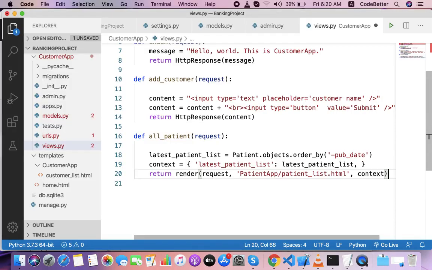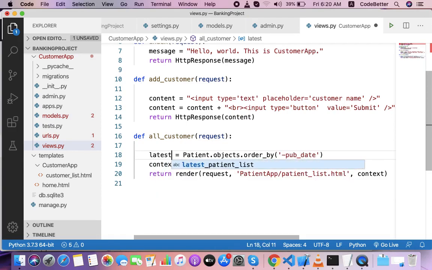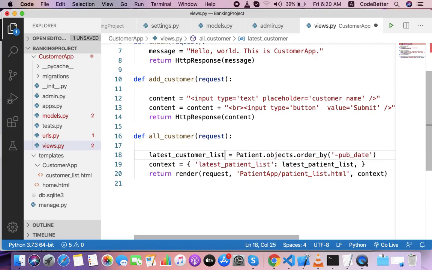Here I define a function, all customer, which will prepare a list of customers. It fetches data from the customer model.